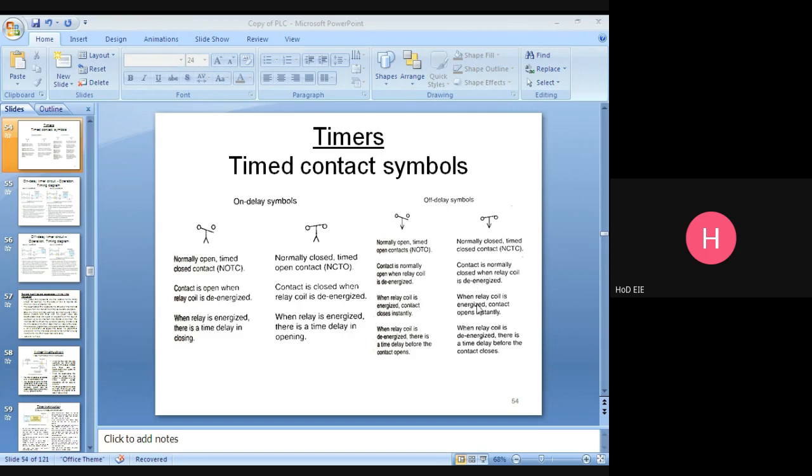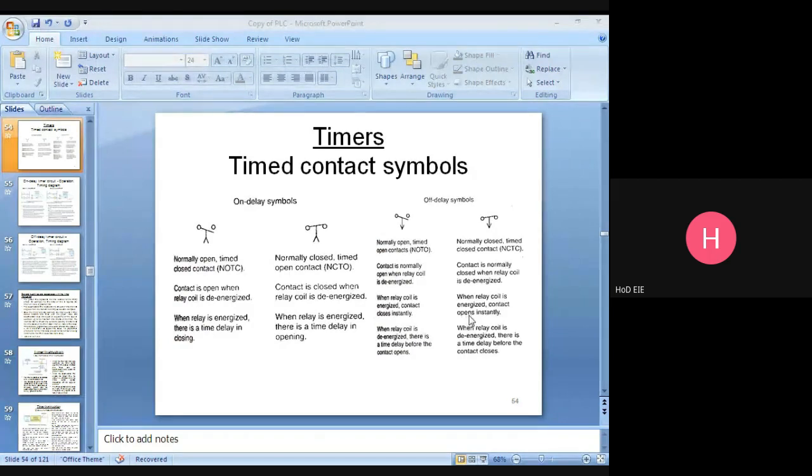When the relay coil is energized, the contact opens instantly. When the relay coil is de-energized, meaning off conditions, there is a time delay before the contact closes.